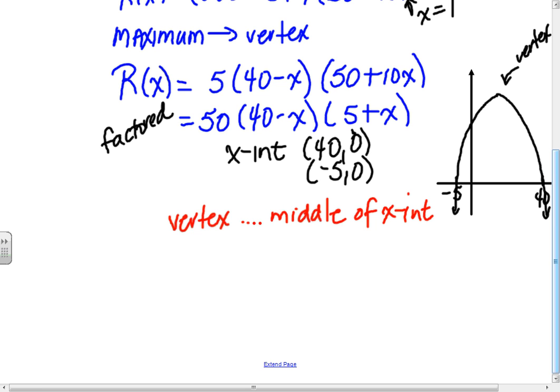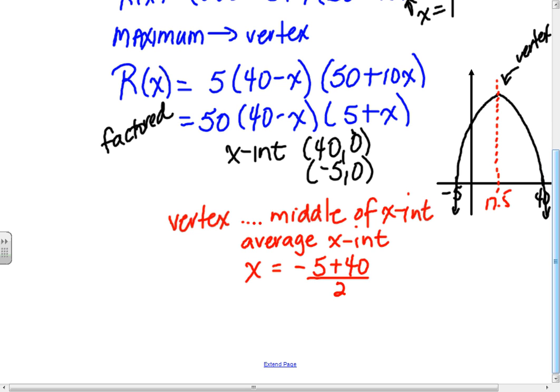So if I have an x-intercept at -5 and one at 40, the middle is 17.5. Now how on earth did I get that? I am going to average the x-intercepts. So the x value of my vertex, which we called the axis of symmetry in grade 10, is when I take my two x-intercepts and average them. Add them together and divide by 2, and you will get